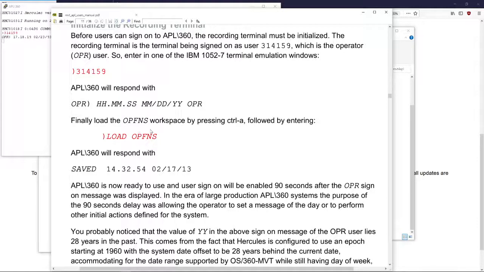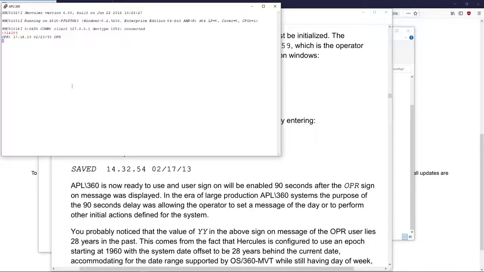And then we will need to go into APL command mode by pressing Control A. And this isn't always necessary, but the way the recording terminal is supposed to work is that in this mode, it should be essentially read-only, and it will log things like when other users log on and other users log off on other terminals. So it's kind of like a hard copy of what's happening